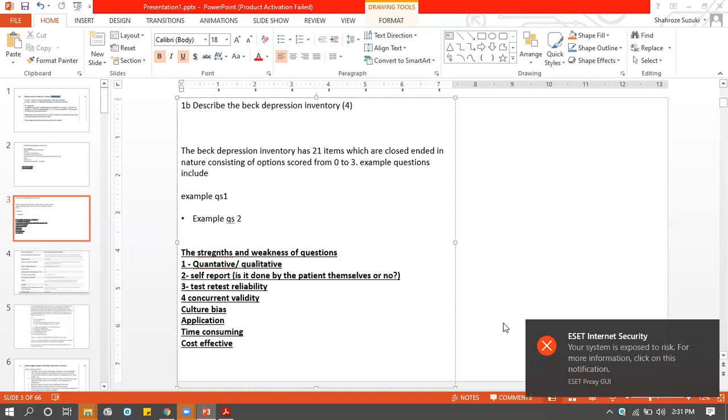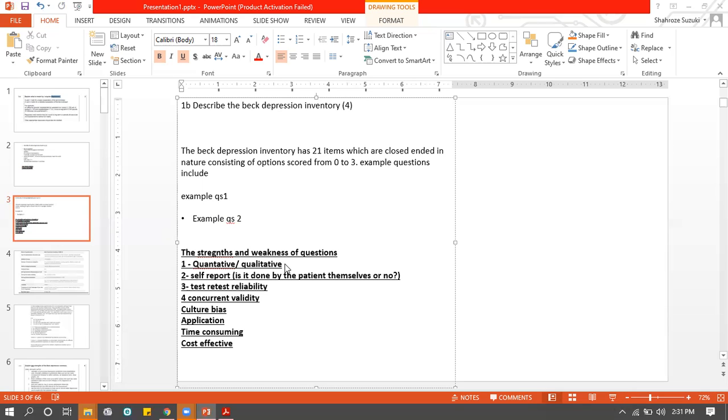Quantitative. Strengths of quantitative, weaknesses of quantitative. For quantitative, we won't have depth into why the patient is feeling that way. We only have that the person is feeling this way, but we won't have the reason behind it. Excellent. And for a strength, it's less time consuming to analyze, or give a score, but we won't be able to give a score if it's qualitative. For quantitative, it's easier to assess.